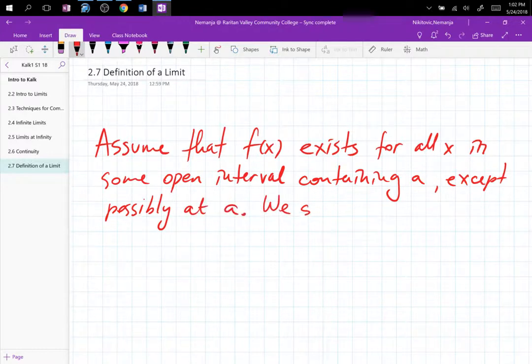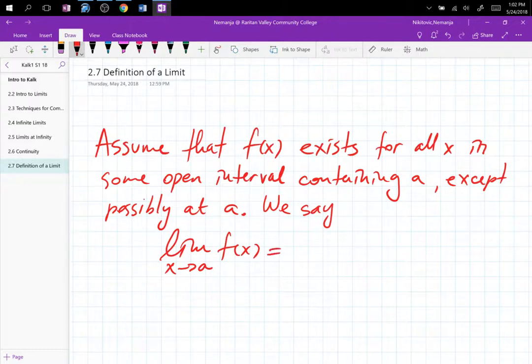We say that limit x goes to a of f of x equals L